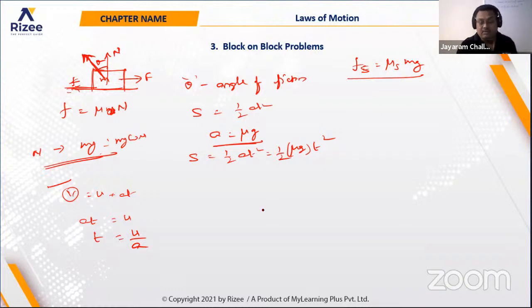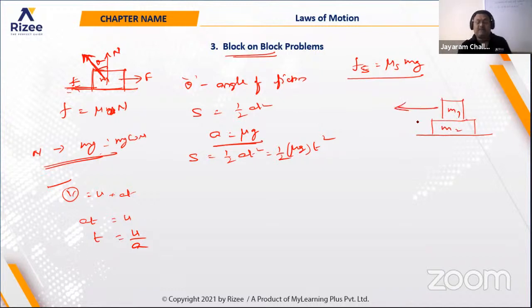Fine. So next one, coming to the block on a block condition. If a block is placed on another block like this and it is being pulled, suppose this mass is m2 and this mass is m1. If a force is being applied on the upper block, then what will happen if there is no friction here and there is friction there? In this case, there will be three cases. If the applied force is less than the frictional force, that is mu mg,